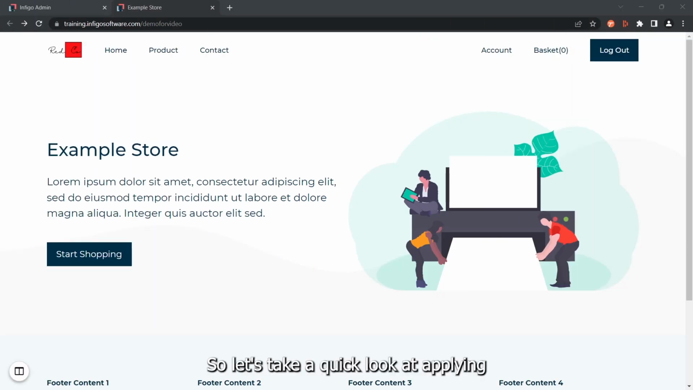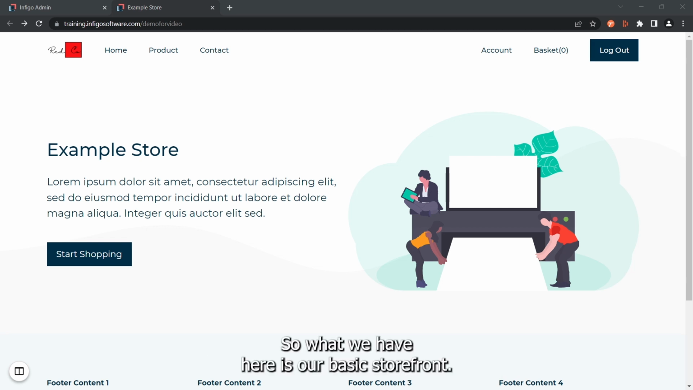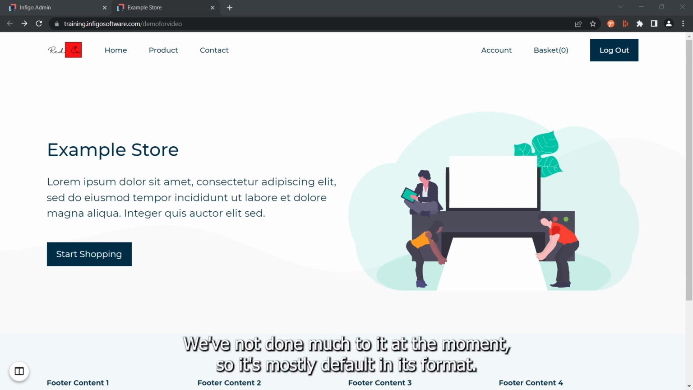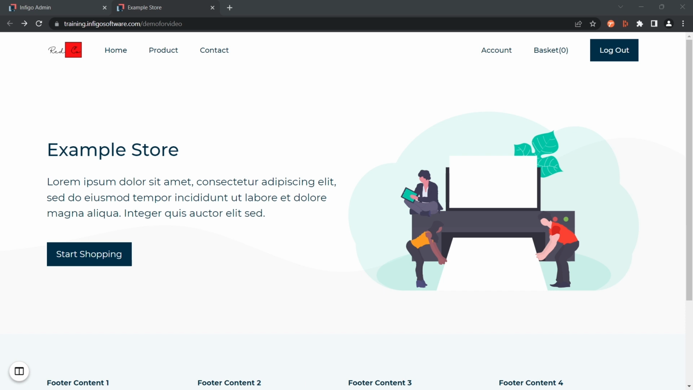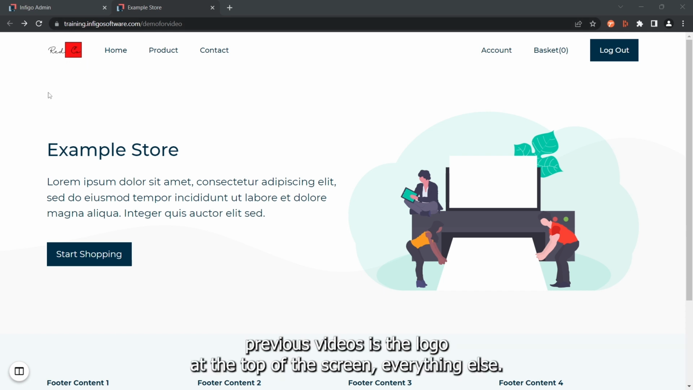So let's take a quick look at applying brand colors and some basic fonts onto your storefront. So what we have here is our basic storefront. We've not done much to it at the moment, so it's mostly default in its format. The only thing that we've changed so far, as we've seen in previous videos, is the logo at the top